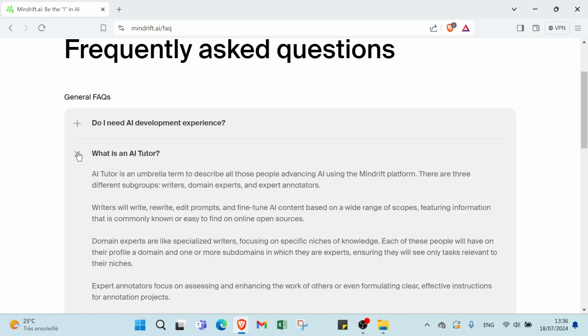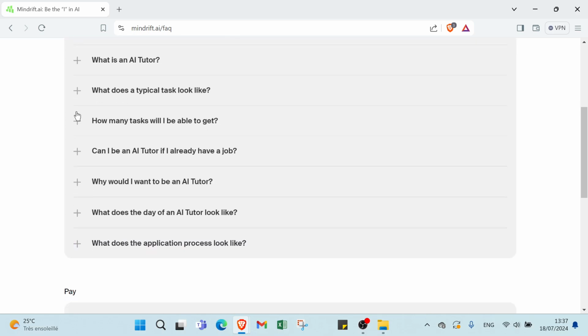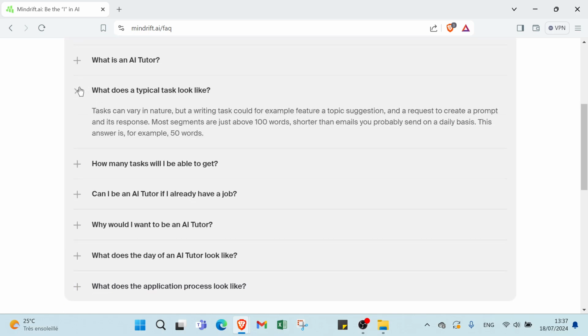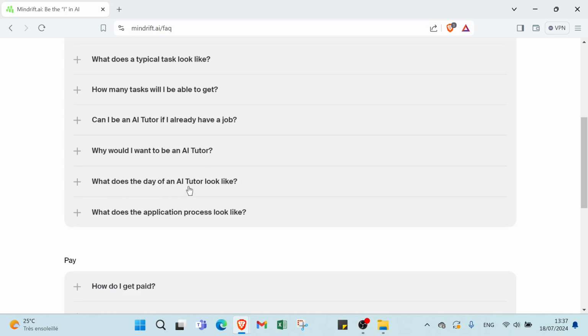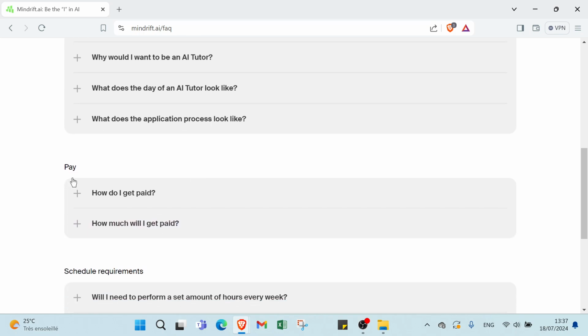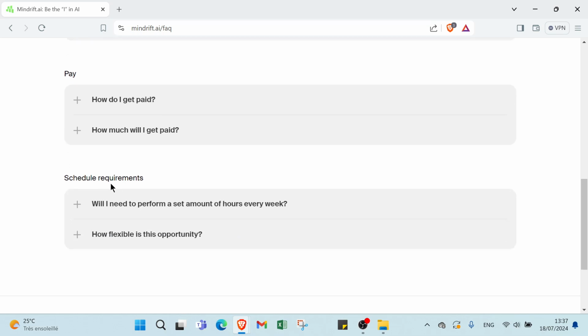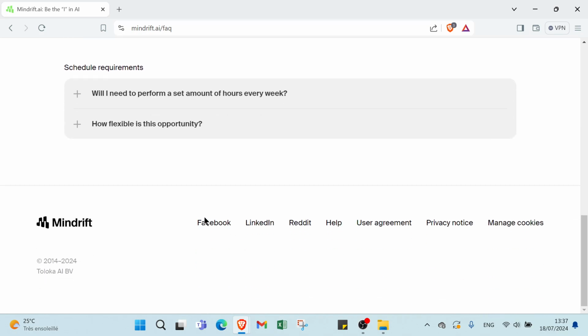Then we have what is an AI tutor. You can read it. What does a typical task look like? How many tasks will I be able to get? Can I be an AI tutor? If I already have a job, why would I want to be an AI tutor? What does the day of an AI tutor look like? What does the application process look like? For pay, we have how do I get paid? How much will I get paid? For requirements, we have will I need to perform a set amount of hours every week? How flexible is this opportunity? As you can see,